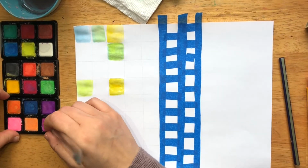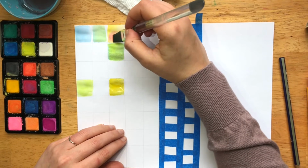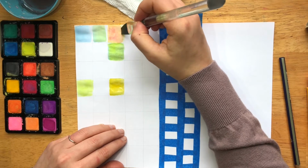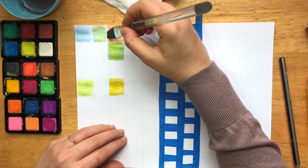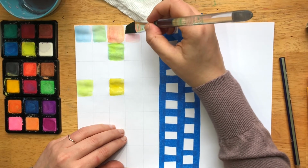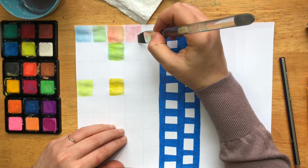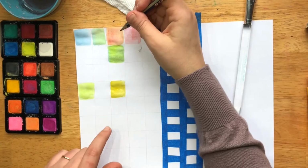Maybe I'll start now, add a little bit of this pink to this yellow. So we're going to start to get an orange or like a dusty pinkish color here. I like how that color is turning out. And this is where you might want to take notes because, for instance, that color, I've never created that color with these watercolors before. So I could take a pencil and I could write directly on it what I used,